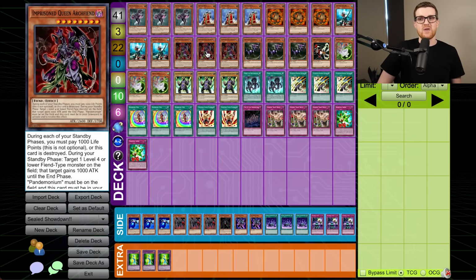Imprisoned Queen Archfiend. This card is terrible. It's a 2 tribute that's 2600 attack that burns me for 1000 every single turn, so it's like worse Lava Golem, and that's really all it does. But it's 26, so it hits over most of the cards in the set, and we didn't get one of the big bombs at high rarity like Dark Nephthys or Dark Horus or Dark Armed Dragon or Dark Lord Zerato or anything like that. So this is the next best one, and honestly, I figured we'd play it because